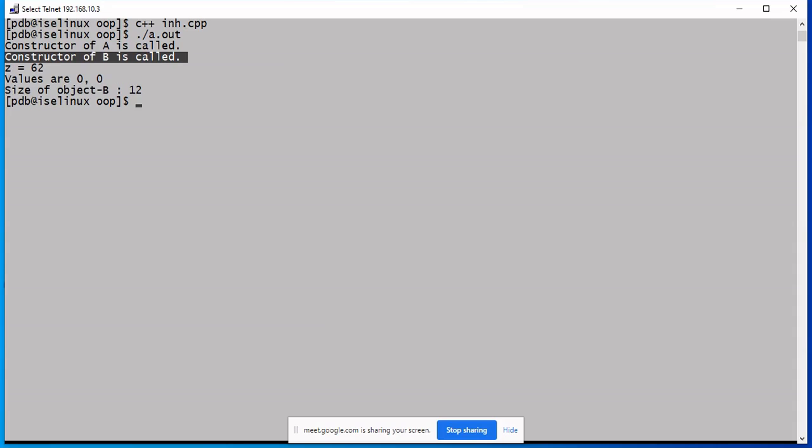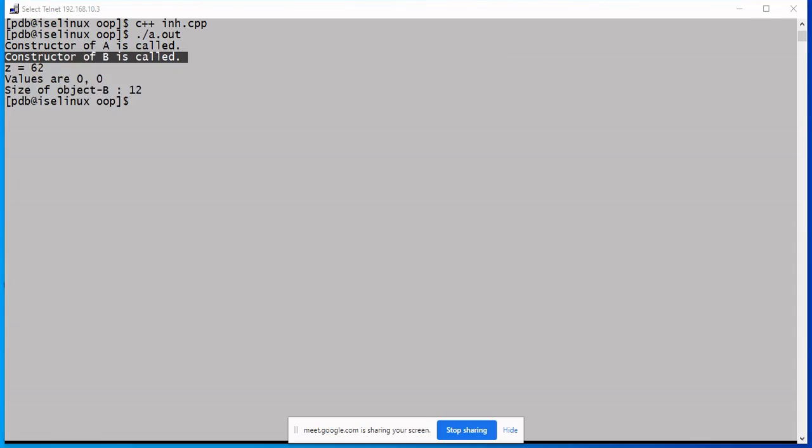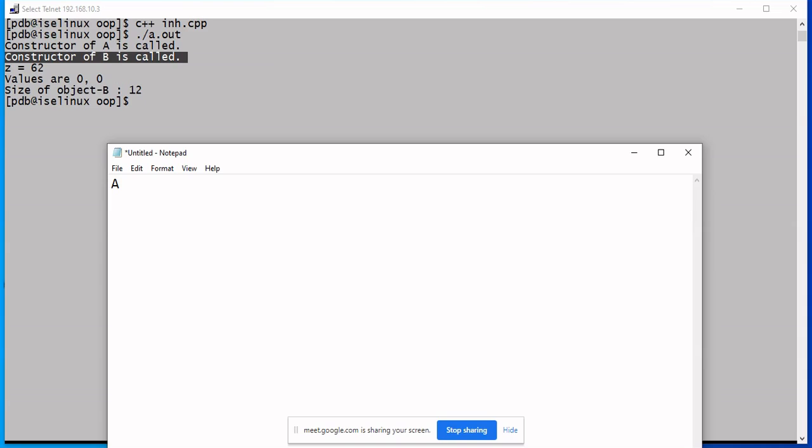In case you have multi-level inheritance, say there is class A which is inherited by B and B is inherited by C, then in this case the constructors will be called in the same order: constructor of A followed by B and then constructor of C. The order will always be in the order of inheritance.